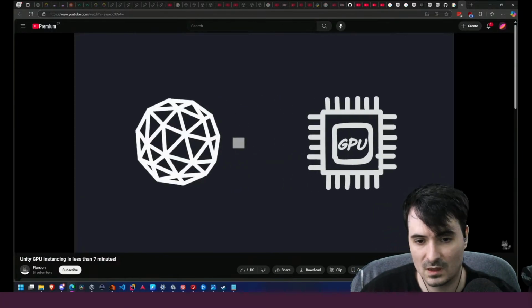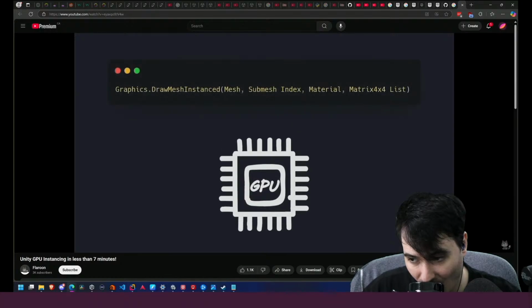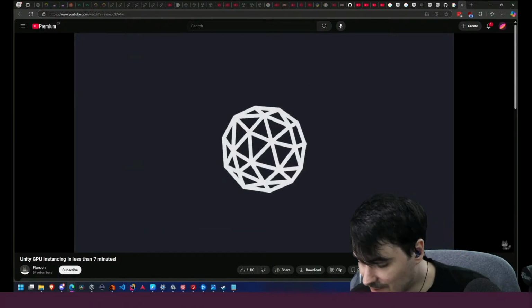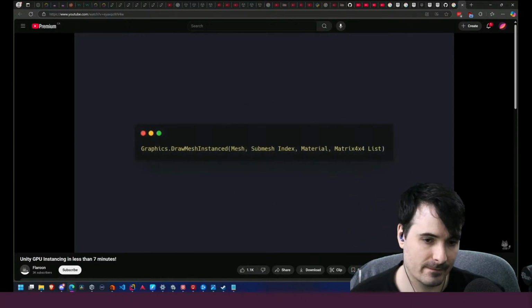GPU instancing works by sending the GPU a single mesh and its submeshes that need to be rendered using the Graphics.RenderMeshInstanced function. It also takes the material that you want to render the mesh with and an array of transform matrices that define the mesh's position, rotation, and scale in that order. That's actually all the parameters we need. Before I show you how